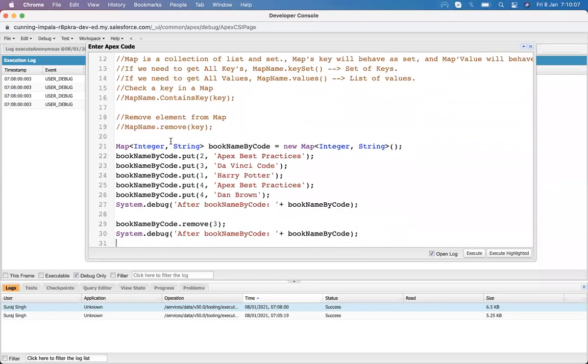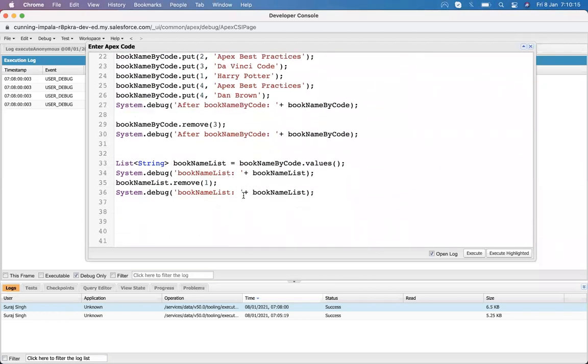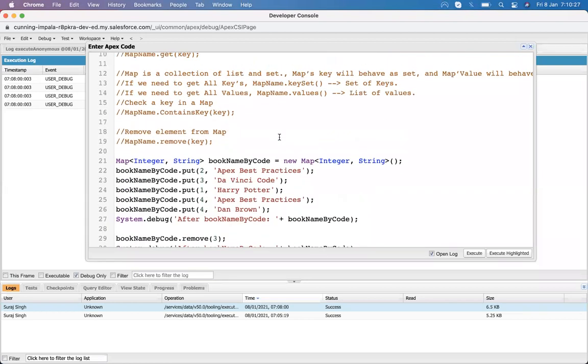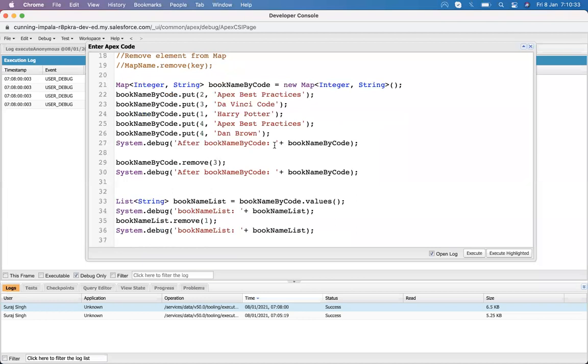Now, this is the basic thing that we need to know before moving into Salesforce Apex coding. These are all the basics that we learned yesterday and the day before yesterday: how we declare variables, what operations we can perform on the variables, and what the data types are. And then we moved into how we use the list, set, and map, and what functions are available.